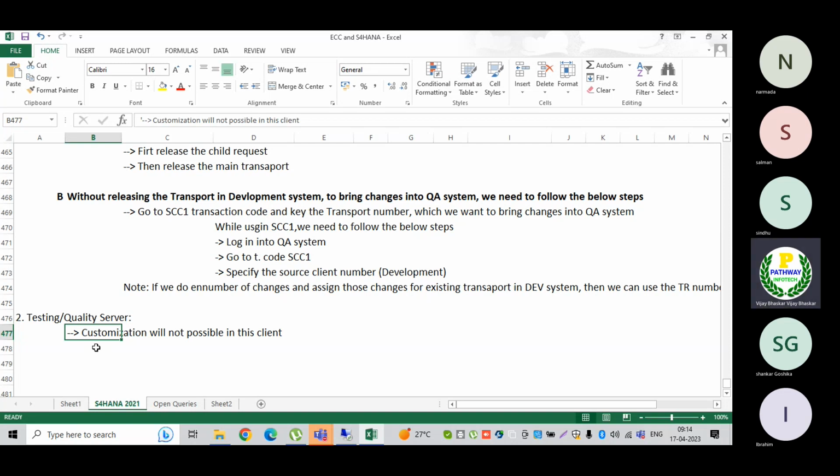But master data does not require any transport request, and the system will not generate one. First of all, we cannot transport any master data from one client to another client. When I say master data, it is vendors, customers, GLs, cost centers, profit centers, asset master data. There are different master data. So customization will not be possible in this client.